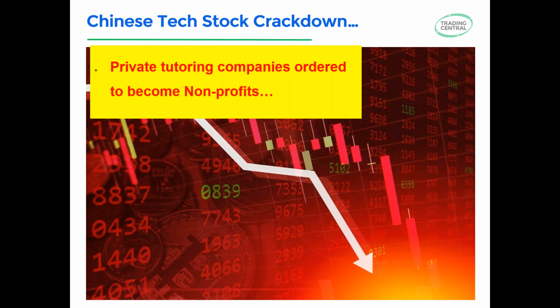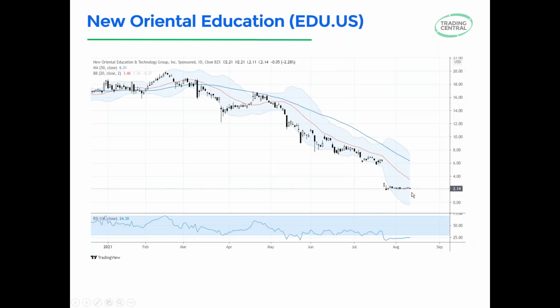in Japan, you know that the original, the regular education system is not very good, right? And so these private tutoring companies have been very profitable, in fact. But suddenly, overnight, authorities say, hey, you are not going to be non-profit. What happened? And now this one, New Oriental Education, it is